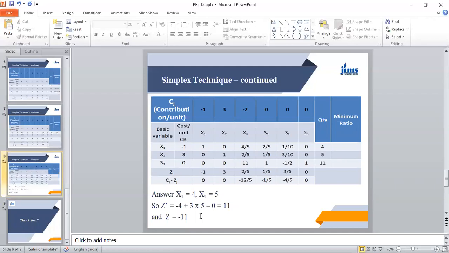So what we have seen is that there may be such a situation. This is the simplest case, where you can simply convert the problem of maximization into minimization by multiplying both sides of the objective function with -1, and then you can get the final solution by solving with the simplex technique as we do in the case of maximization. So I think you have understood this problem.